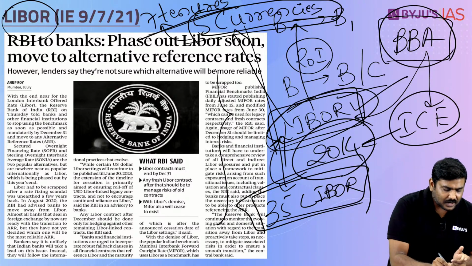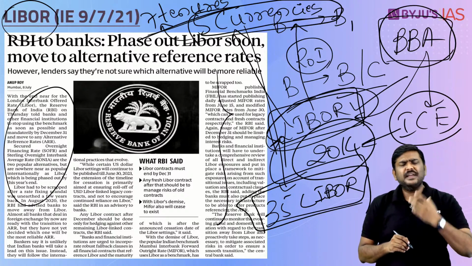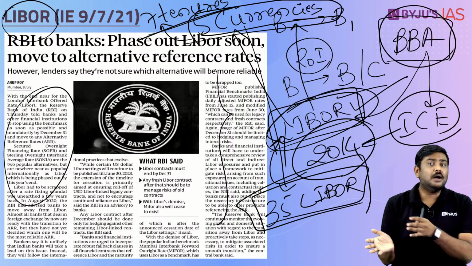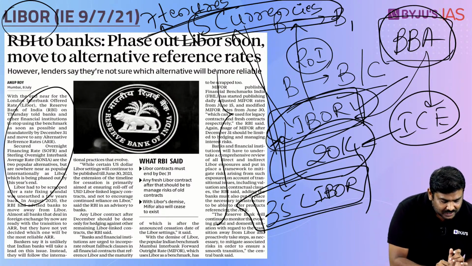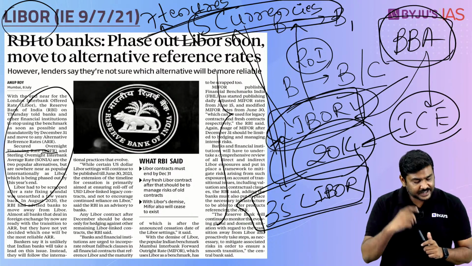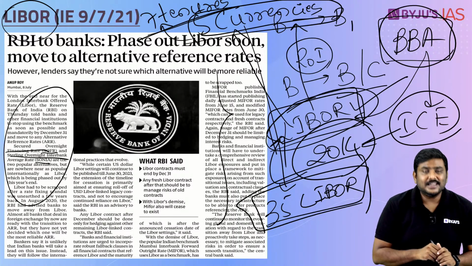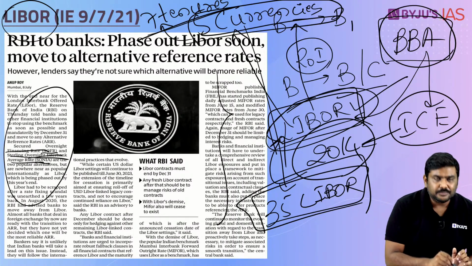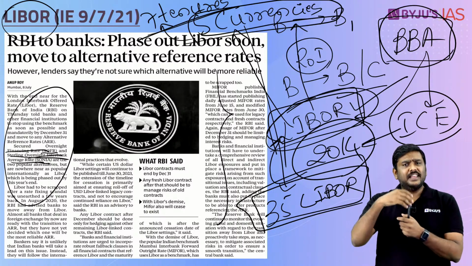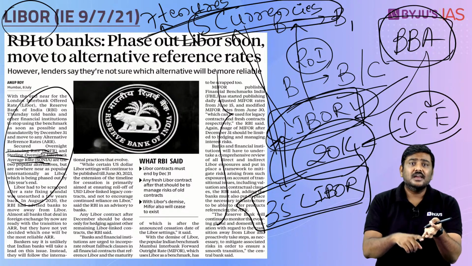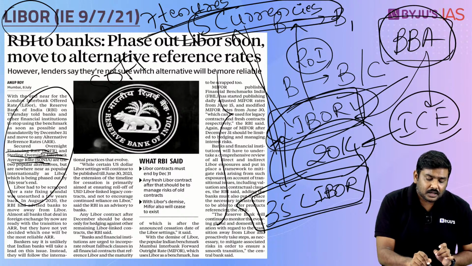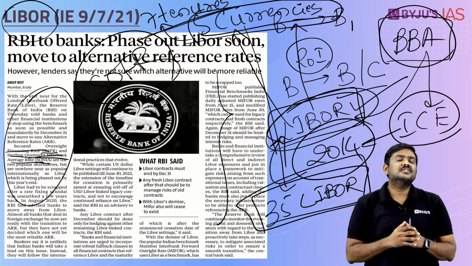And in this regard, the 2 important benchmarks which are being discussed very recently, which have become very famous apart from LIBOR, are, one is SOFR, secured overnight financing rate, and the second one is SONIA, that is sterling overnight interbank average rate. Although these two are becoming very famous, and in case of India, banks such as SBI, ICICI have already utilized SOFR for many of their financial transactions.